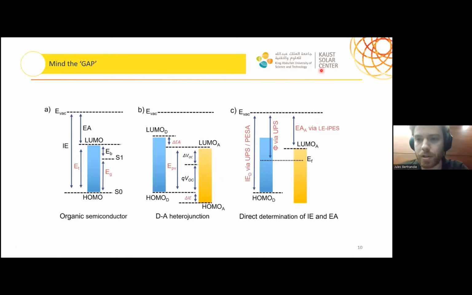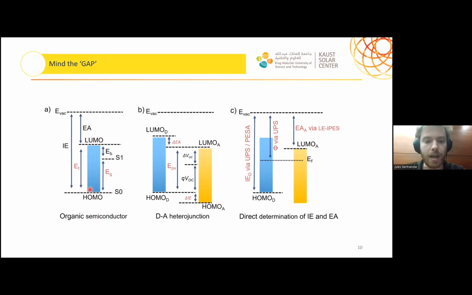So before continuing, I just want to give some definitions that maybe I already talked about. We have the ionization energy that we measure with the UPS, and the electron affinity that we measure with the low energy IPES. We have the LUMO, the lowest unoccupied molecular orbital, and the HOMO, the highest occupied molecular orbital of our material. The transport gap is the difference between the LUMO and the HOMO, and the band gap that we measured is an optical band gap,